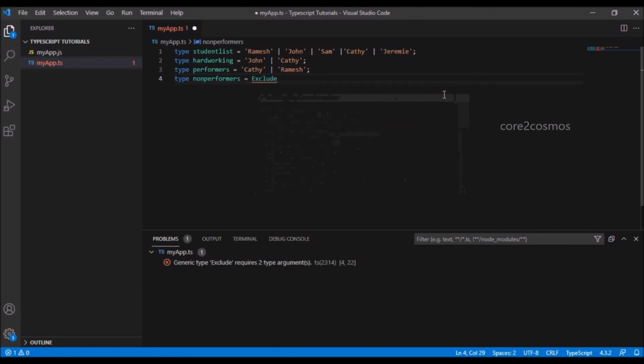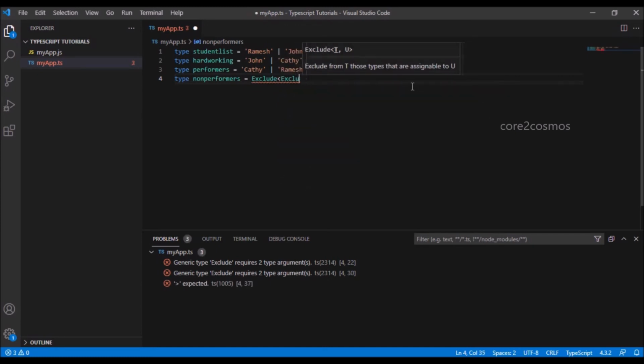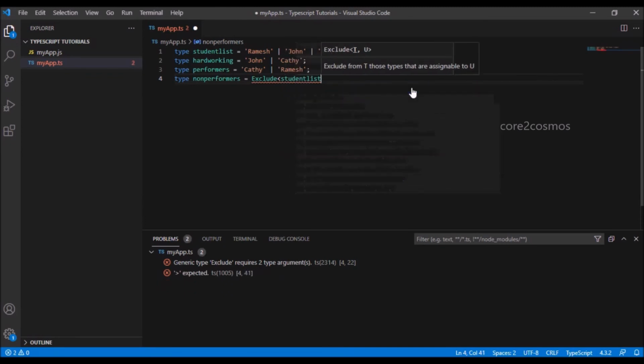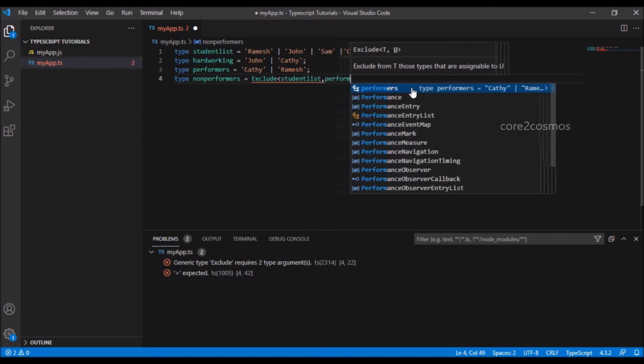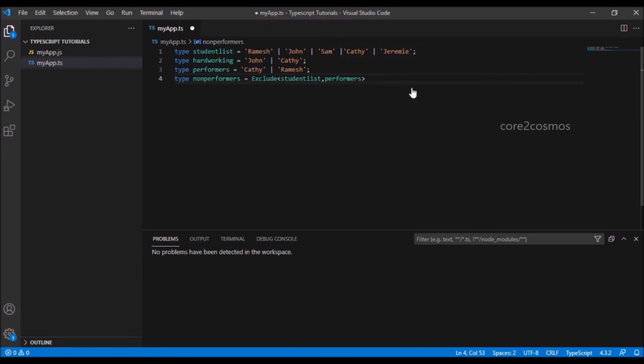I use the exclude utility function of TypeScript and say exclude from student list all the performing students. So under non-performing students, I will have John, Sam and Jeremy.